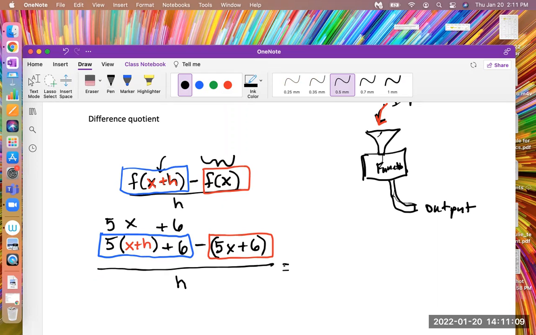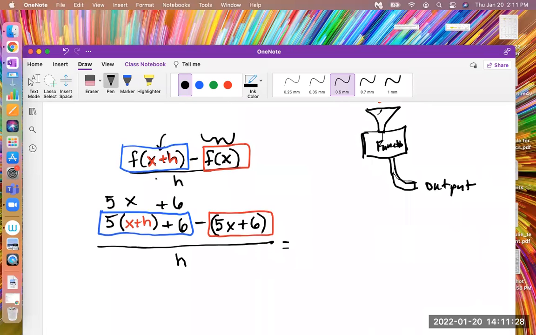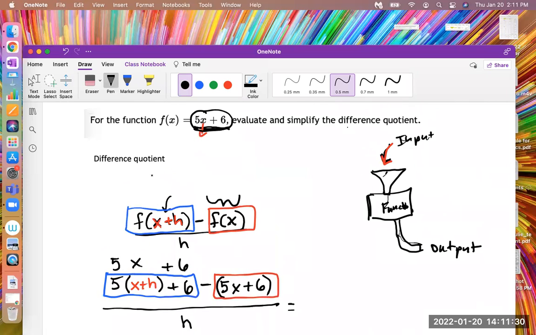I really hope that you understood all that substitution. Once you get used to the idea that we can substitute a binomial, x plus h is a binomial, in for the variable x, and once we get used to seeing that in a function, we can plug either other numbers or other expressions in for x. Once you kind of accept that, then this process is not that hard and it's pretty easy.